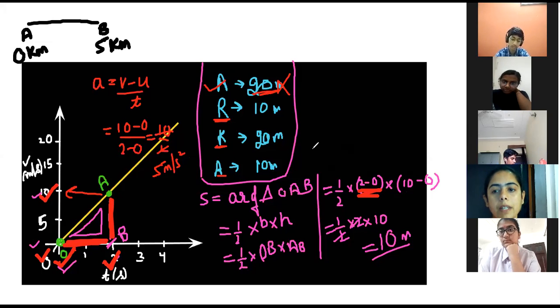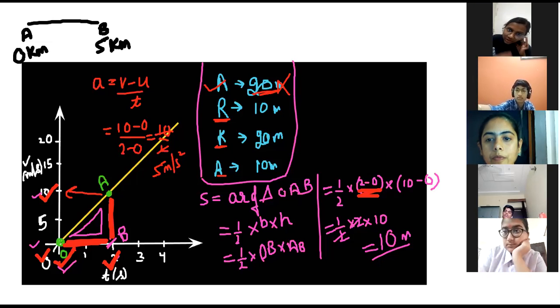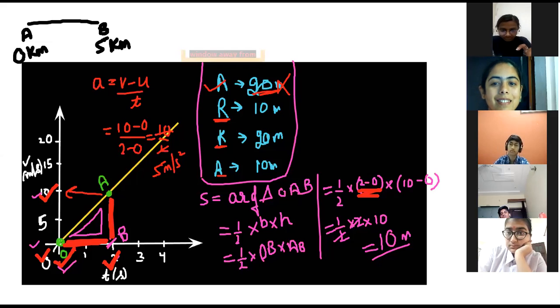Nia, please unmute. Good morning, ma'am. My doubt was, here it is from O to A, we need to find the displacement. If suppose O was not on 0 but on 20, then we need to find the displacement between A and O, meaning 10 to 20. How will we find it? Because a triangle will not be formed there. The next step is that only. We are going to do that.